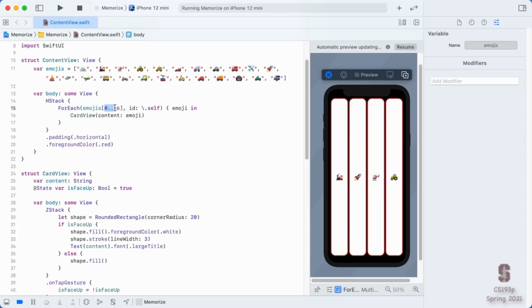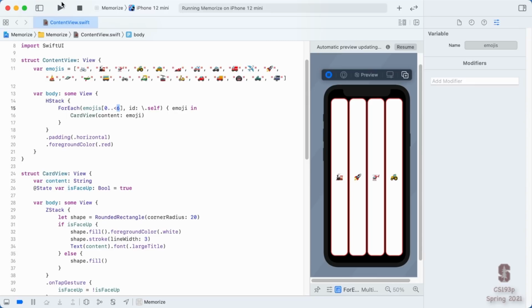This syntax right here is a range. There's both this kind of range, which is 0 up to, but not including 6, or up to and including the number 6, which would be 7 items over. So here we're saying just pick the first 6 of these.